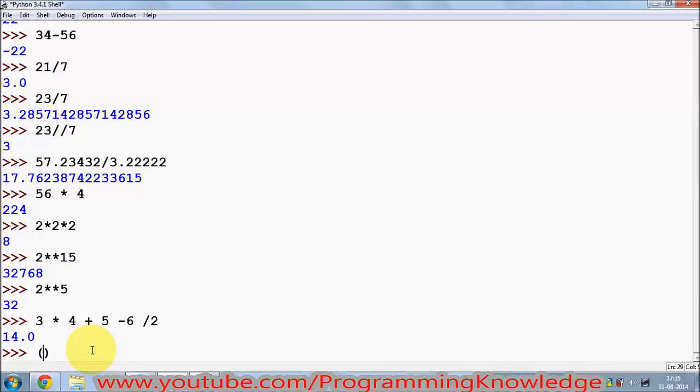So if you want to do 3 plus 4, and then multiplication, or you want to multiply by 5, then the priority of this addition is the most important, or this will happen first because this operation is enclosed in parentheses, and then this will happen. Okay,